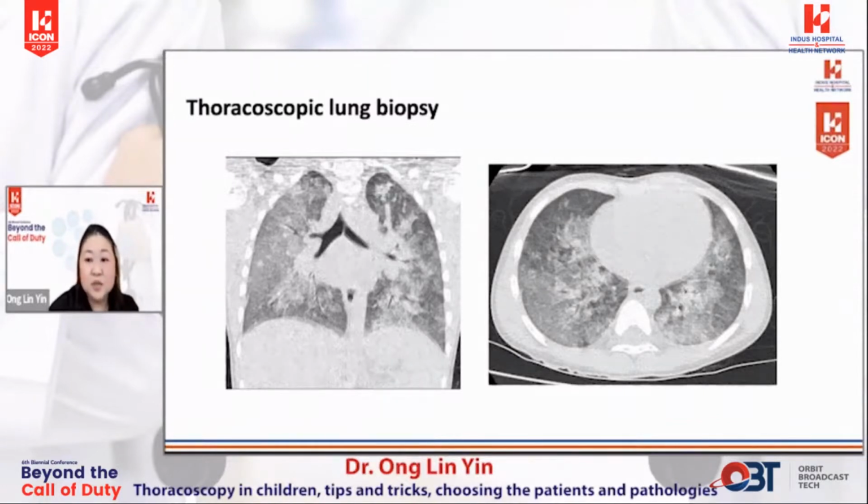In a case like this, it's a patient with hemosiderosis. This child had saturations of 88% on room air. The lung was solid, difficult to ventilate, and this biopsy was done open.